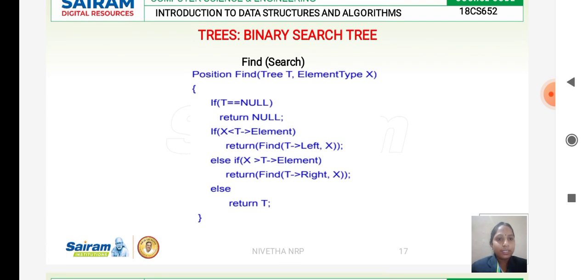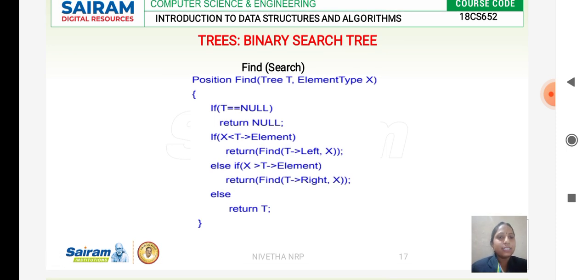We are going to find the position in the tree, with element type X. X is the data we are going to find. If T is equal to null, it specifies the tree is empty. If X is less than T of element, it will traverse towards T of left, and until it finds X, it keeps returning by traversing towards the left.